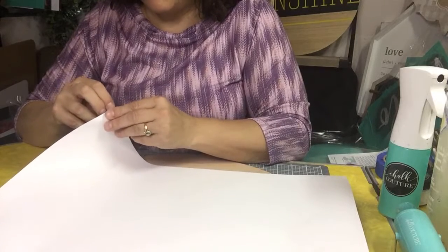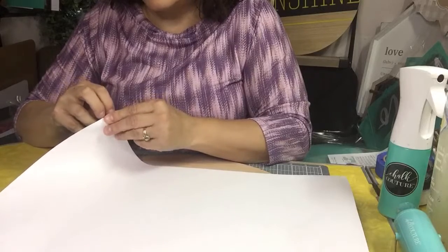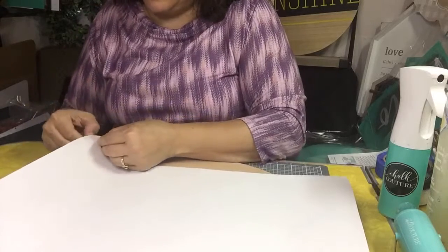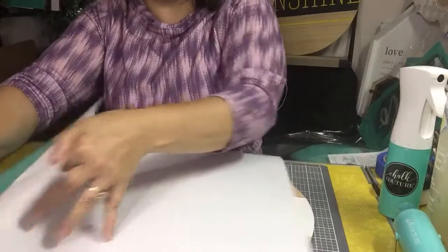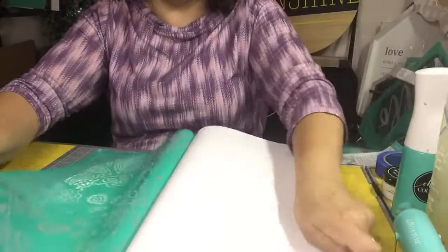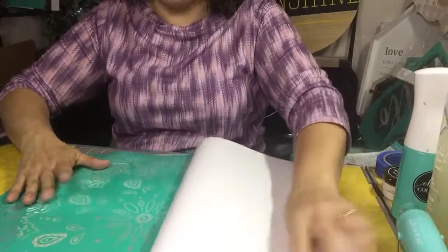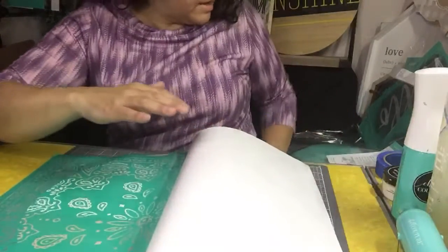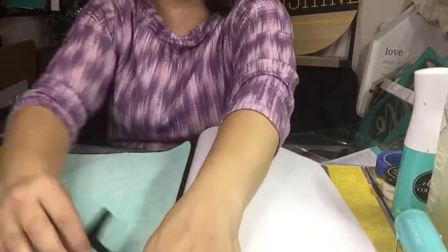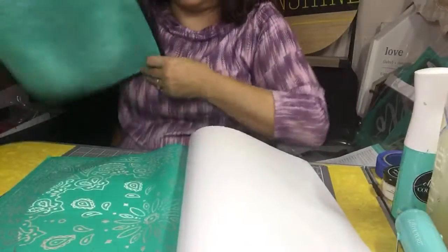And then if you could get it off, that's the thing. There we go. Got the corner. All right, I'm going to peel back half of this and then of the backing. You want to keep your backing because once I wash this, I'm going to put it back on the backing. And then I'm going to fuzz this because this is my first time using it. So we're just going to put our fuzz cloth right on there, fuzz it up, pull it off, and I've